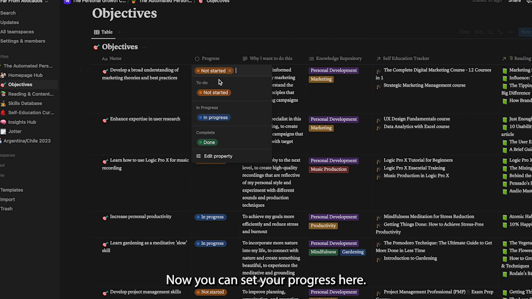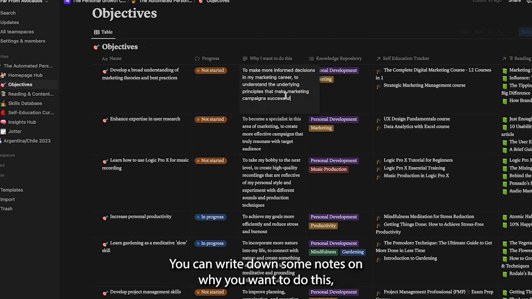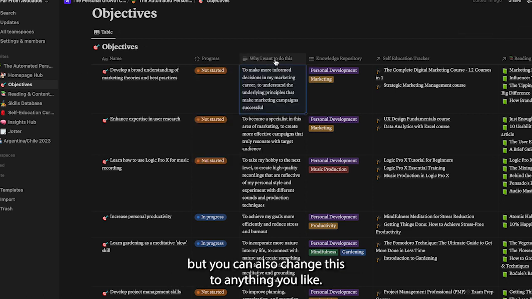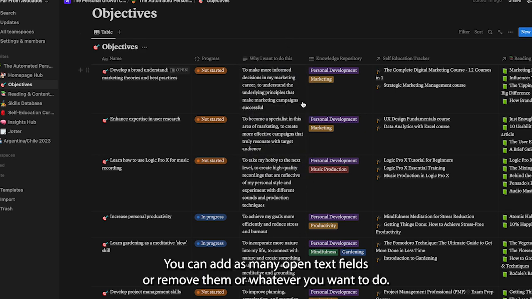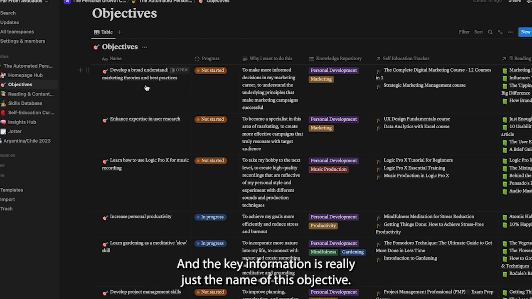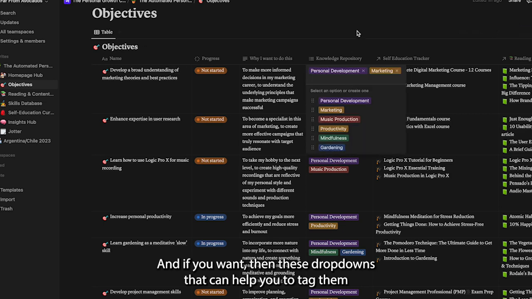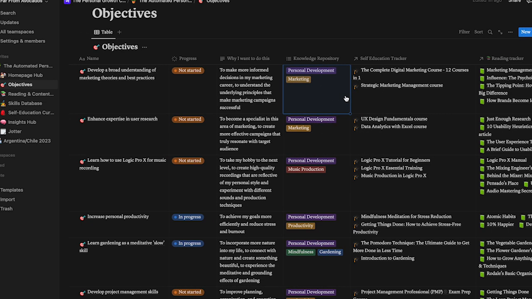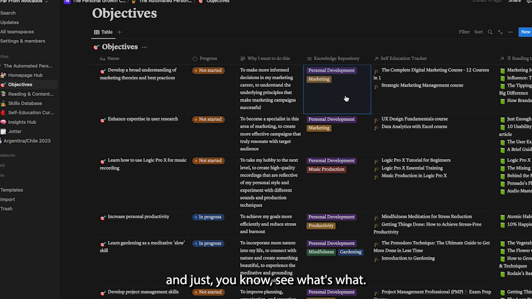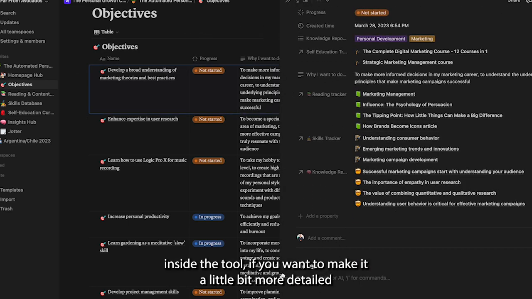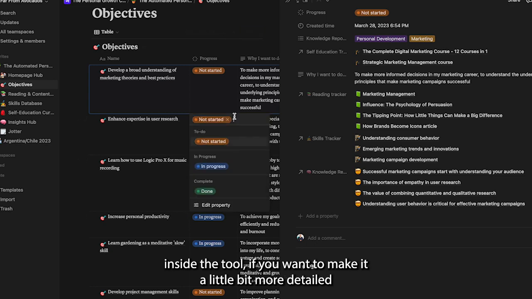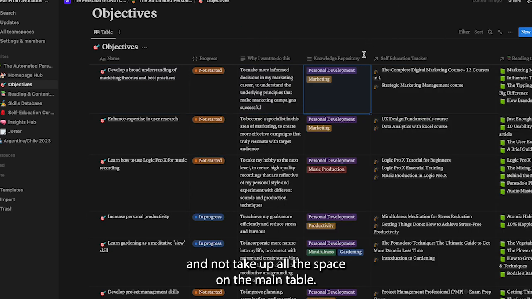Now you can set your progress here. You can write down some notes on why you want to do this, but you can also change this to anything you like. This is an open text field. You can add as many open text fields or remove them or whatever you want to do. The key information is really just the name of this objective. And if you want, these drop downs can help you to tag them and just see what's what. You can also click into any of these if you want to add some notes inside the tool, if you want to make it a little bit more detailed and not take up all the space on the main